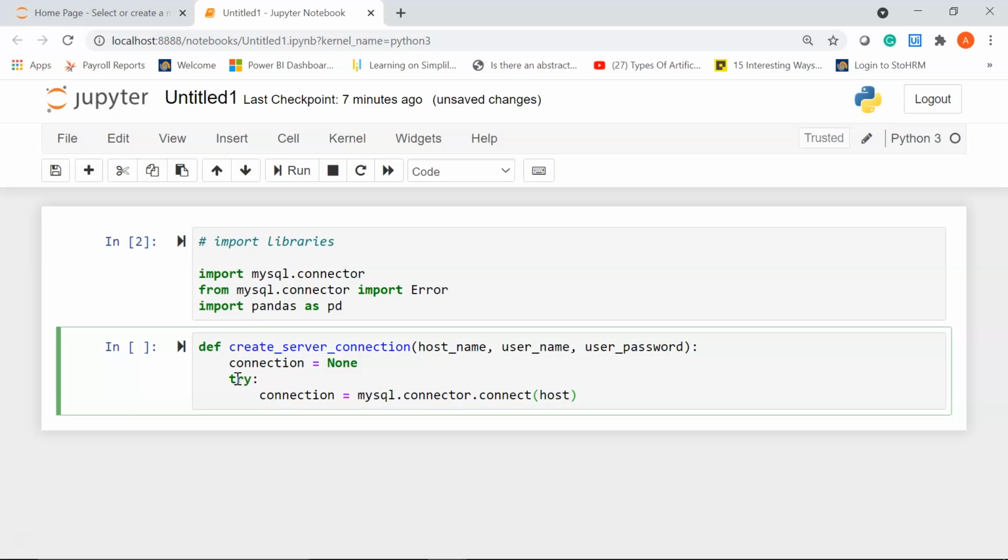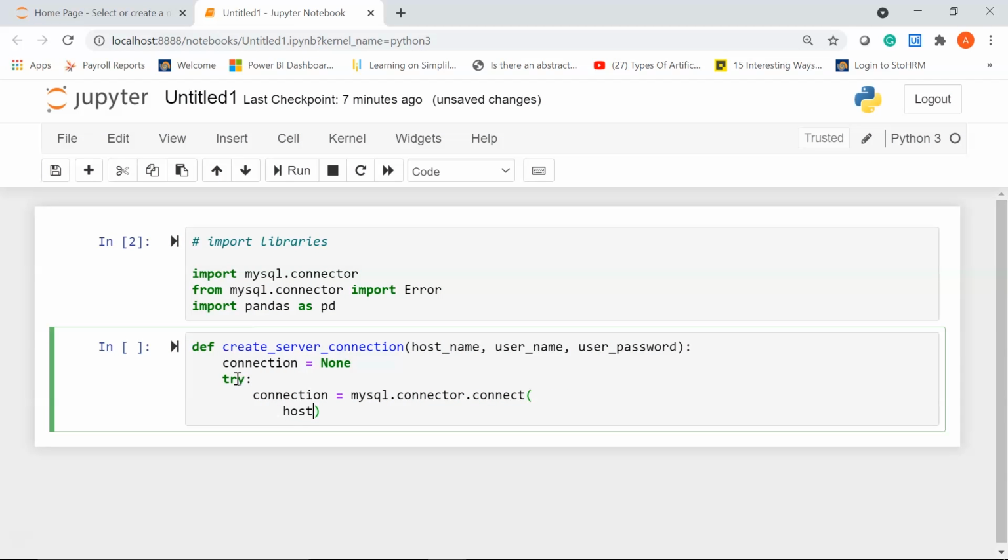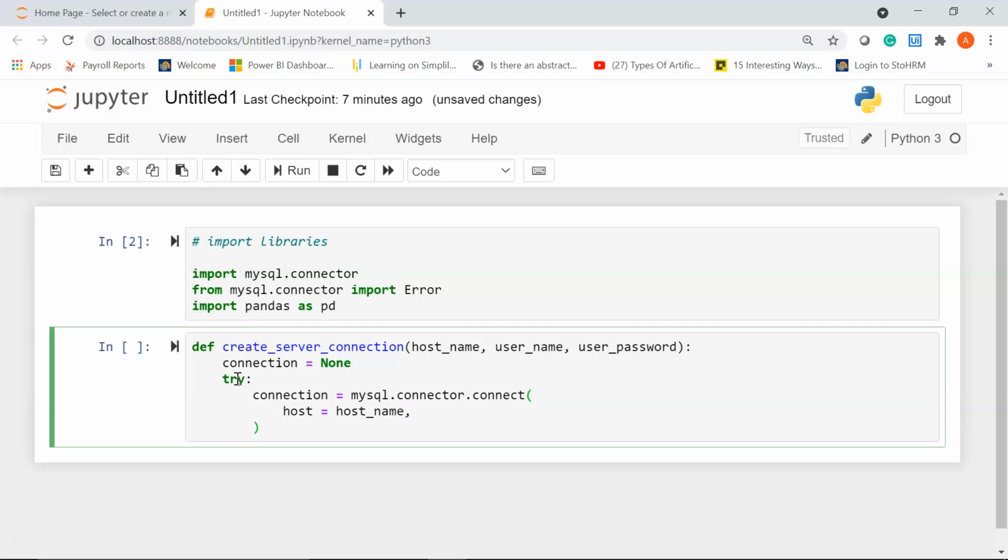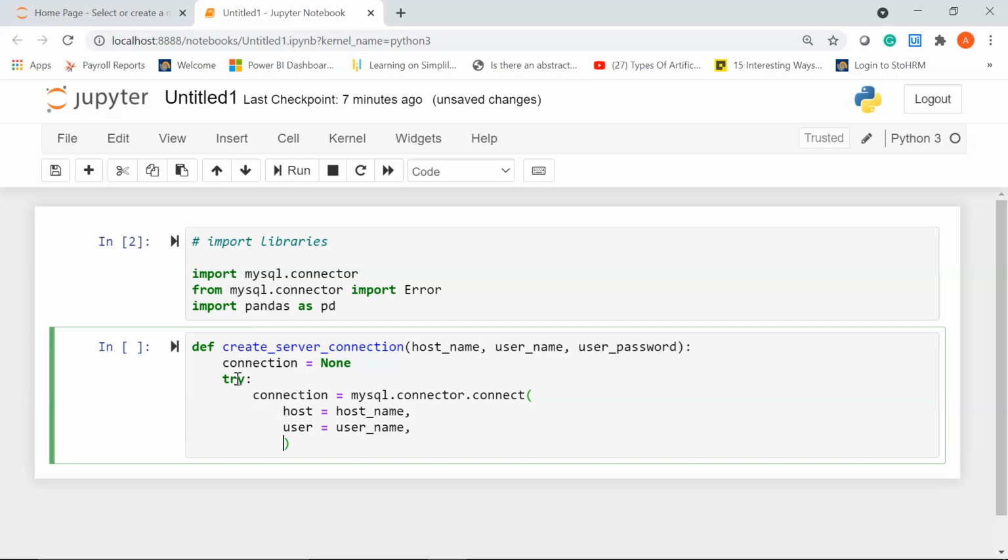The first is the host name. I'll write host equal to host_name. I'll give a comma, then I'll write user equal to user_name.